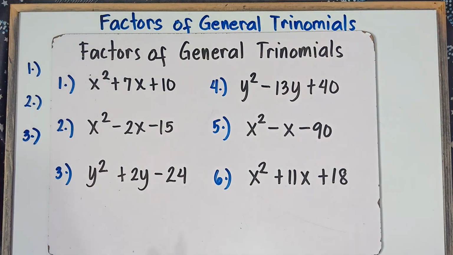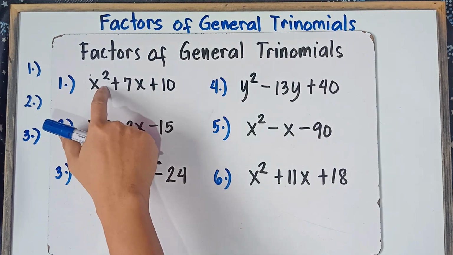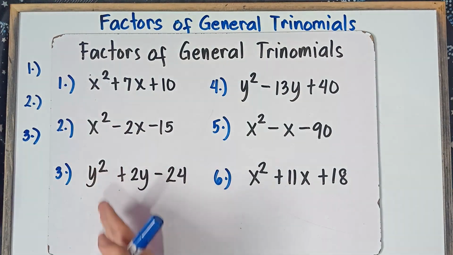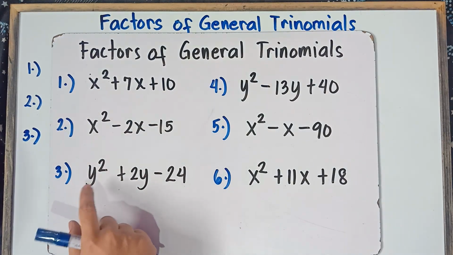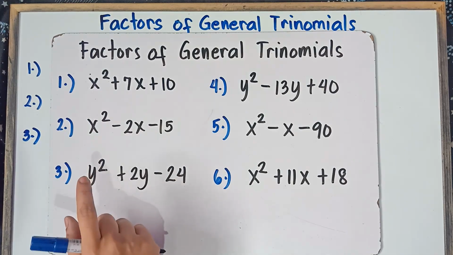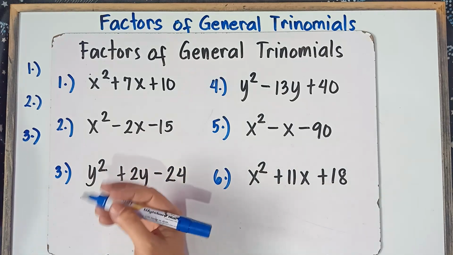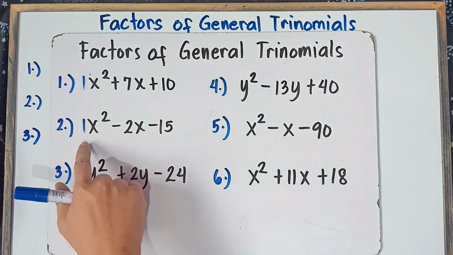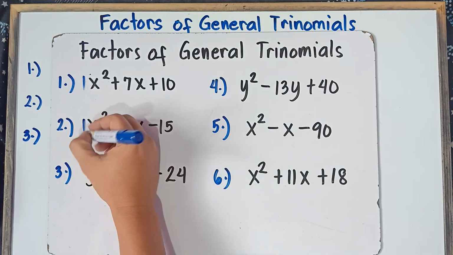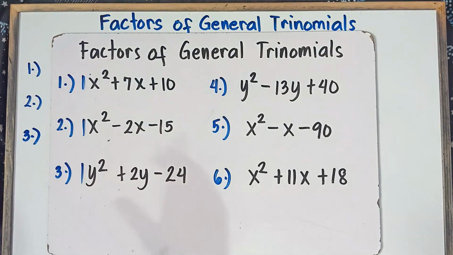Once again class, we call this a quadratic polynomial if the highest degree is 2. If the highest exponent with regards to the variable is 2, we call this a quadratic polynomial. So we have x squared, we have y squared, the highest exponent with regards to the variable is 2. Now if the number before x squared is just 1, understood, if you don't see any number before x squared, it is understood to be 1, and it is easy for us to factor this out.